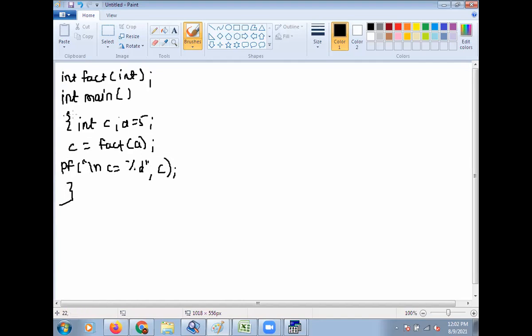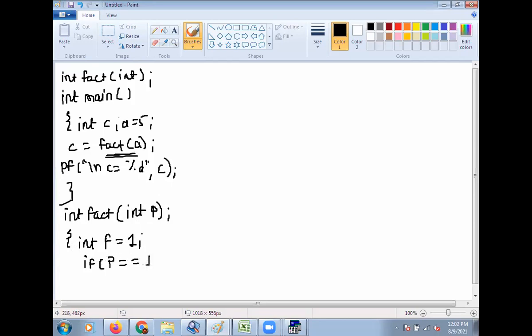Then here, go to the definition of fact. So integer fact, and here integer p, a local variable p is declared. See here, another local variable integer f is equal to 1 we have taken. Then check if p is equal to 1. If true, then return 1.